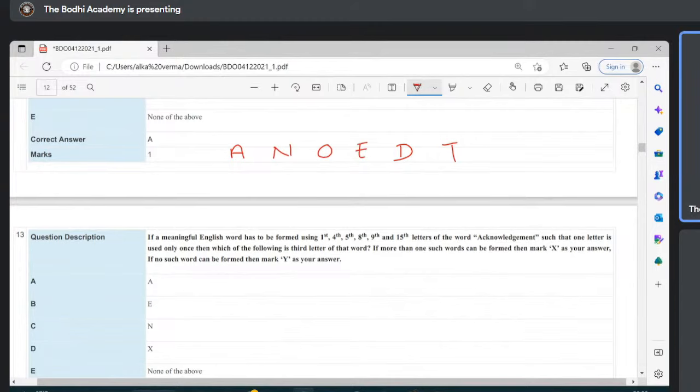Now, using these letters, every letter has to be used only once. You cannot use A double time or N double time. So basically, you have to form a word. Now, if you get the answer, then you have to tell which one is the third letter of that word. And if more than one word is coming, then you have to mark X as your answer. And if no such word is formed, then you have to mark Y as the answer. So let us see what words can be made. If you notice, if you shuffle the letters, you can make a word, donate, DONATE, and you can make one more word,